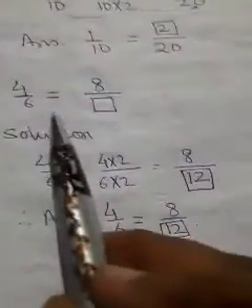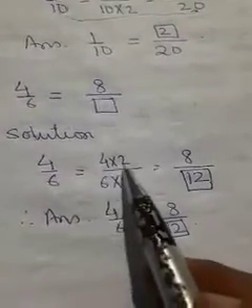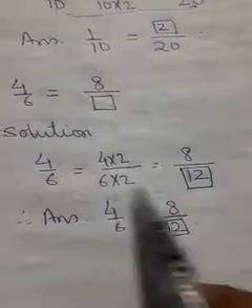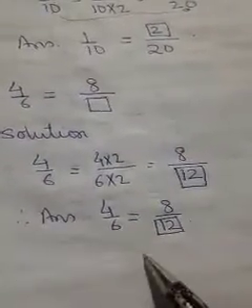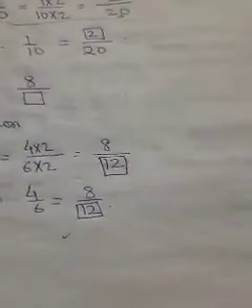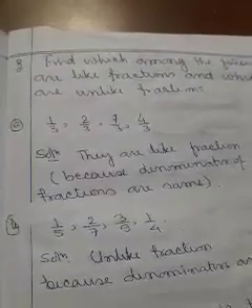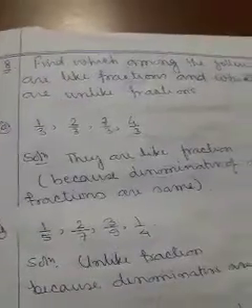Here 4 by 6. Similarly 4 and 8 are given. So 4 to the 8, that's why we will multiply 6 also with 2, 6 to the 12. So it will be 4 to the 8 and 6 to the 12. Done. Question number 7 done. There are some more questions in this number 7, so please practice more and more. The more you practice, the more confidence you will get, and you can perform much better in examinations.